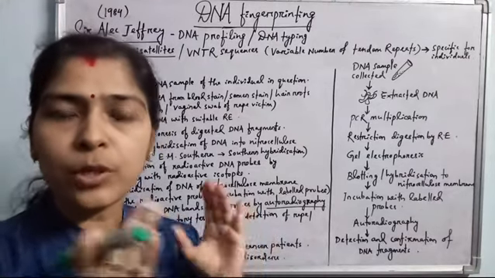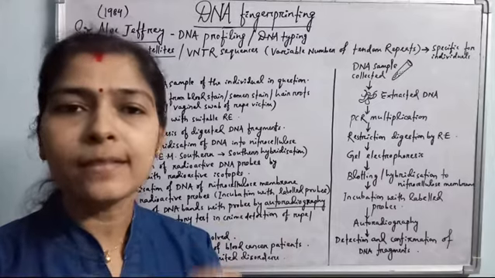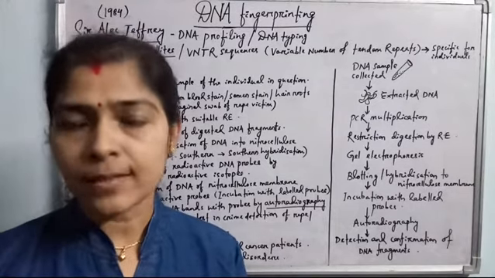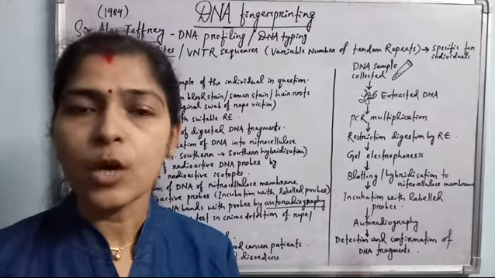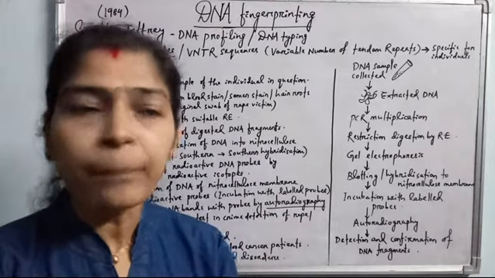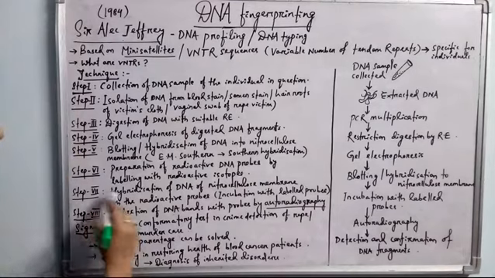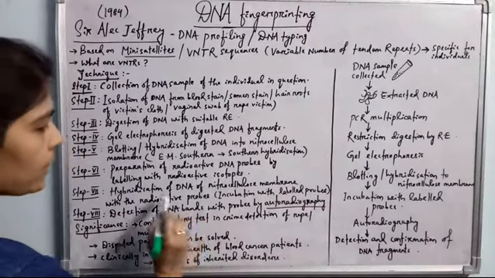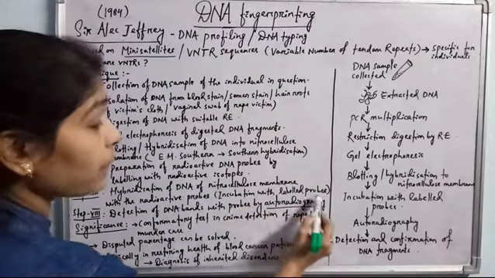So the single stranded DNA on the nitrocellulose membrane is hybridized with the DNA probe, which is synthesized based upon the VNTR sequences collected from the crime scene. The next step is hybridization of the DNA on the nitrocellulose membrane with the radioactive probes, which is also known as incubation with the labeled probes.